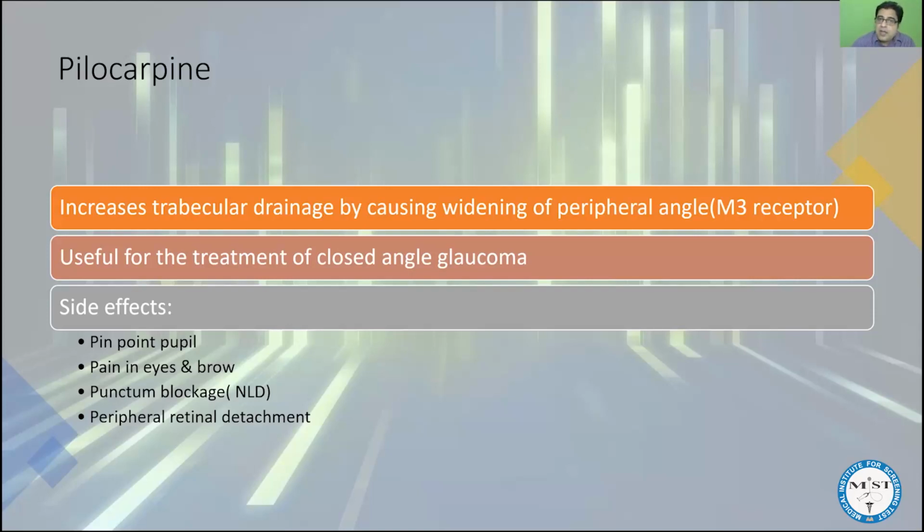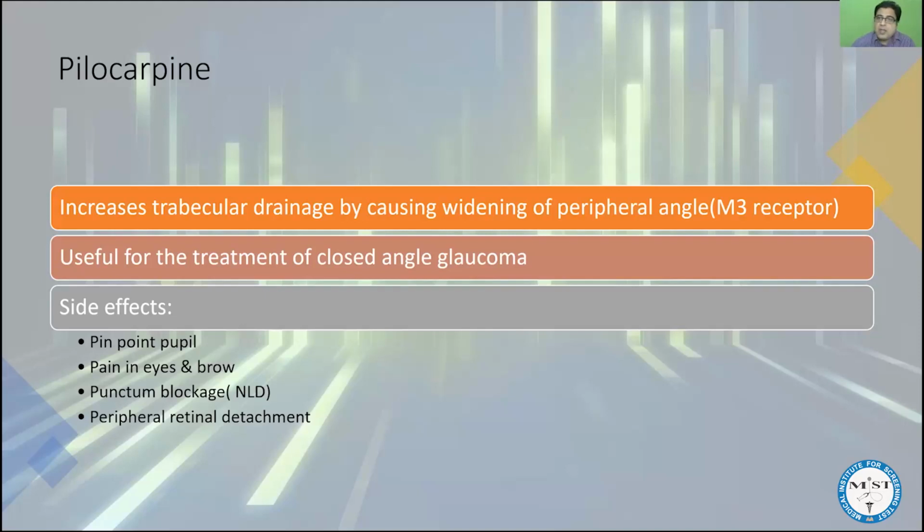Number three, we know that whenever we put any eye drop, that eye drop is drained via a duct. We call it the nasolacrimal duct. Now, whenever this pilocarpine eye drop takes entry in this nasolacrimal duct, this medicine will act on muscarinic receptor of smooth muscles of the nasolacrimal duct and can result in contraction of that duct and result in blockage of the punctum. So the medicine is associated with nasolacrimal duct blockage, and particularly this blockage is seen at the entry level. We call it the punctum.